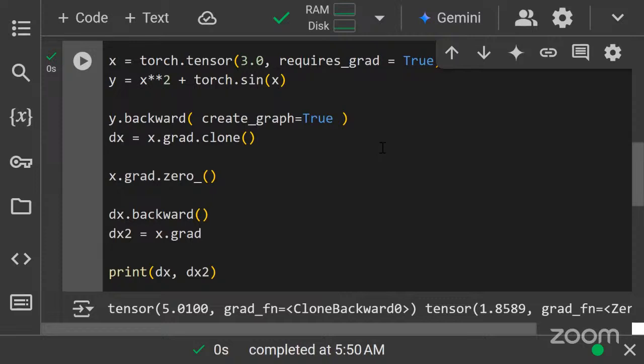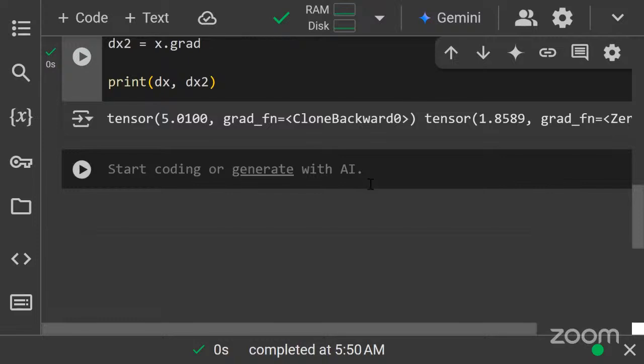So in our case over here, this scalar function, after taking the first derivative, that first derivative itself is still a scalar function. So we had no issues. But let's consider